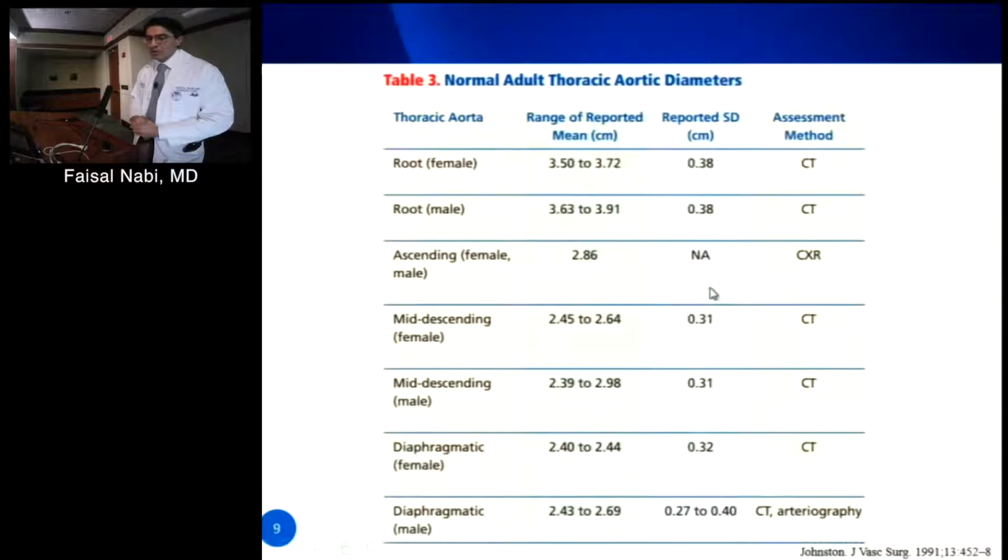This is a table of measurements of what is normal by the guidelines. You can see a lot of these measurements were made by CT, and we'll go specifically over